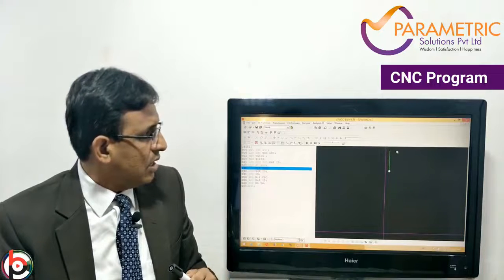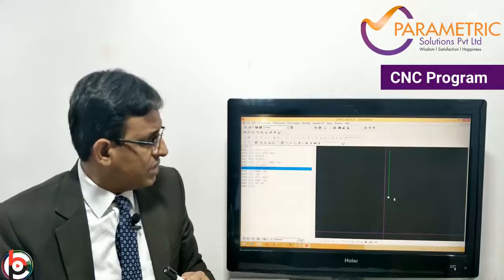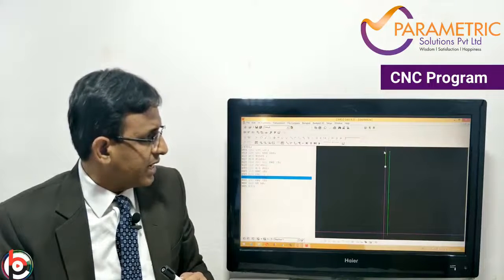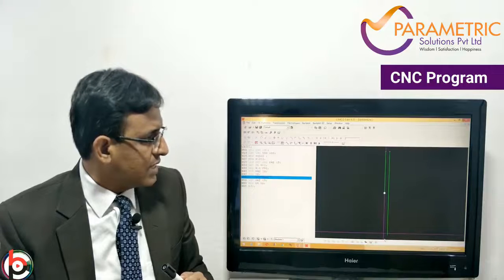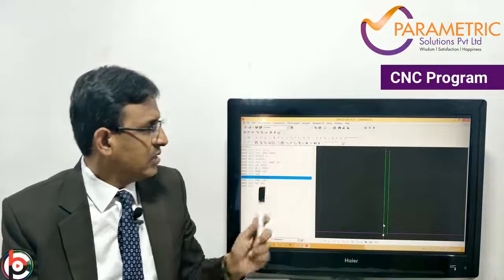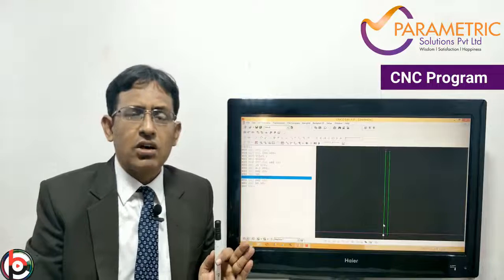So this is the G code, this is the face of this. Now this is a 1 mm cut happening here, and again the second cut is at the zero face. So with these two cuts, the face turning has been done. This is the live simulation of how to do